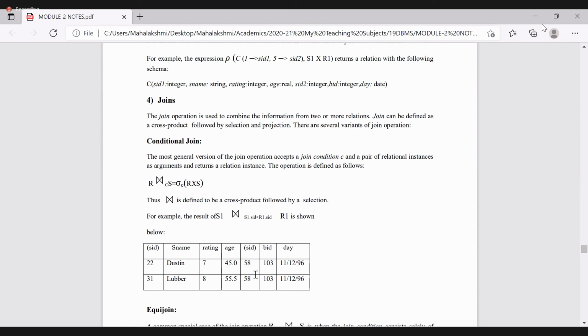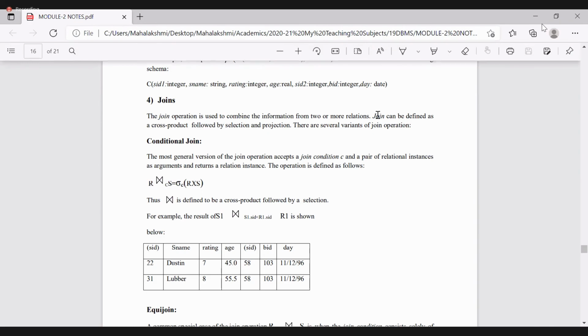Will not execute all this, with the symbol and all. This is for our understandable purpose. That's it. Anyhow, it was algebraic, so there was no SQL syntax for this to execute. We had the concept separately, but in joins, in algebraic format, we have three types of joins: conditional join, equijoin, and natural join. I'll give you the example.